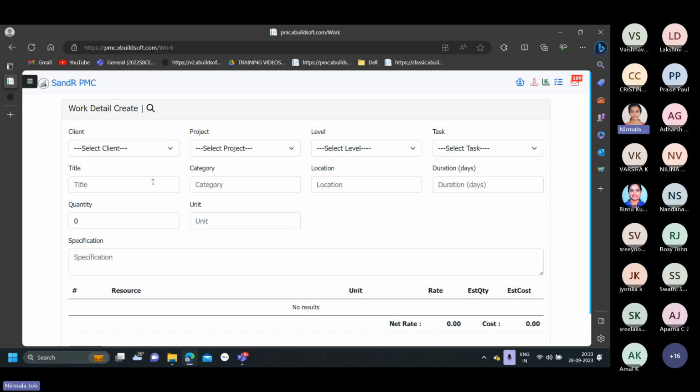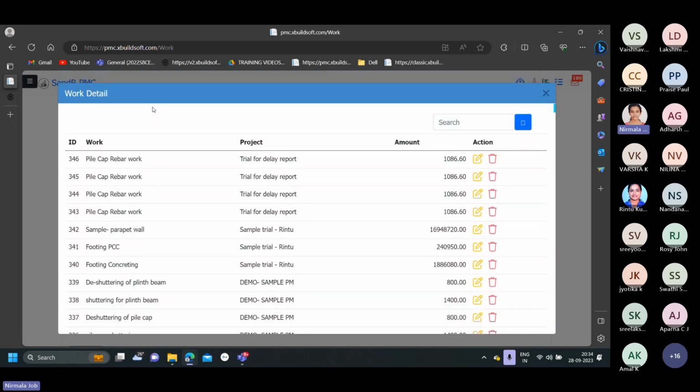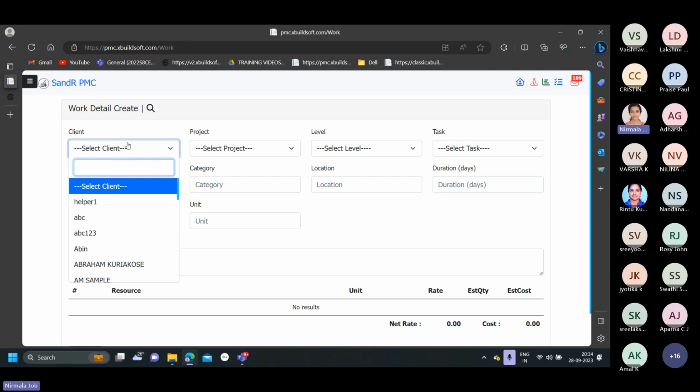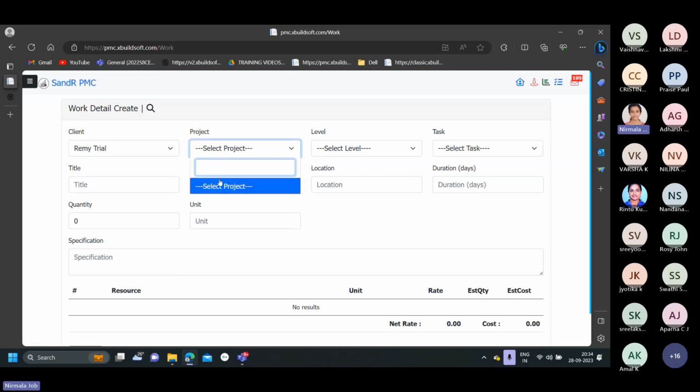So basically, we are already aware of what a tender is. A tender is basically placing the bids and reviewing the different contractors' estimate. And in tender, we'll be having a document which has the list of items and tasks along with the items, for which the rates have to be filled by the contractor itself. So here we'll first need to fill the client, and the client option and project creation was already discussed to you in the previous session. And here we can just select a client. After that, we can select the project name